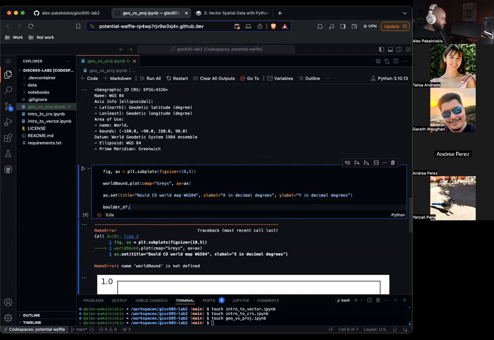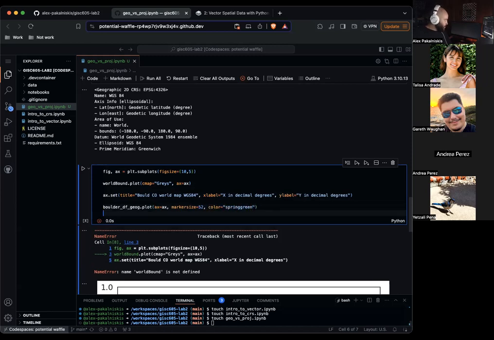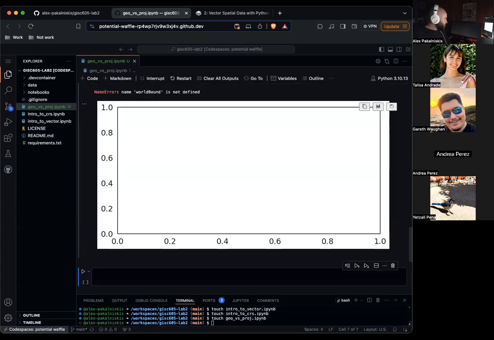Boulder df geog.plot, ax equals ax, marker size equals 52, color equals spring green. plt.show.